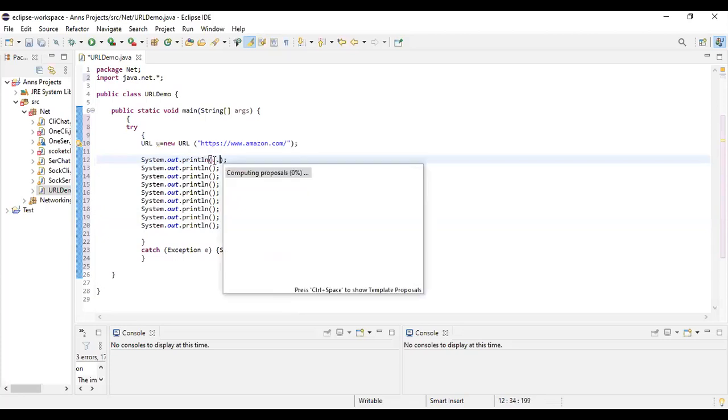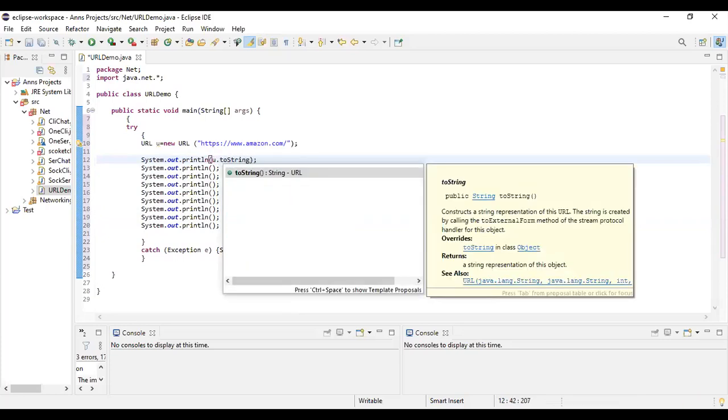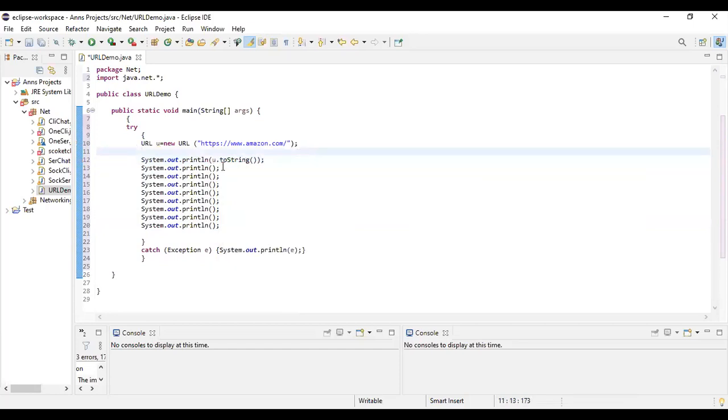You have to convert your URL to a string, then only will you be able to see it as a string, www.amazon.com. So I'll write here, the URL is, u.toString. This is how you get to see the URL in Java. It has to be converted to a string.